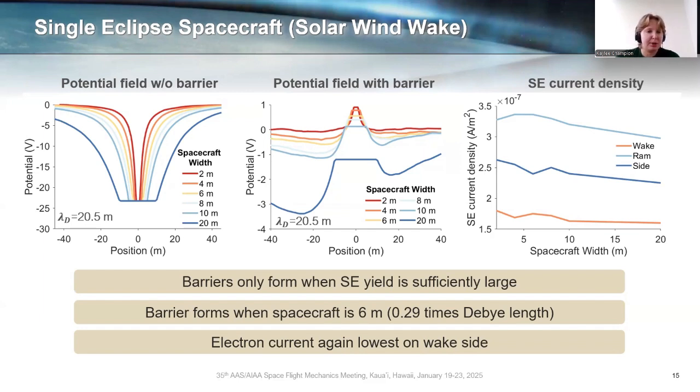So initially, my material properties did not result in enough secondary electrons being emitted to create barriers. That's this plot on the left. So you can see no barriers around the spacecraft, regardless of size. That's great. But if I increase the secondary electron yield for the spacecraft, then those electrons are large enough to actually settle and make a difference in the potential field, and we start seeing barrier formations in this plot in